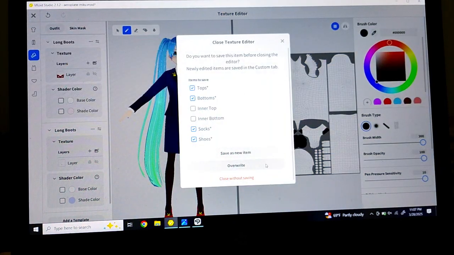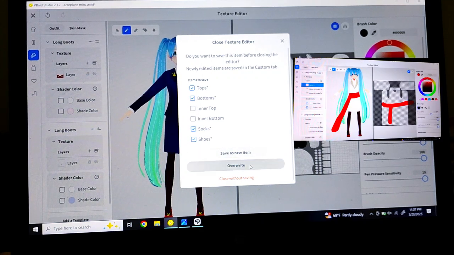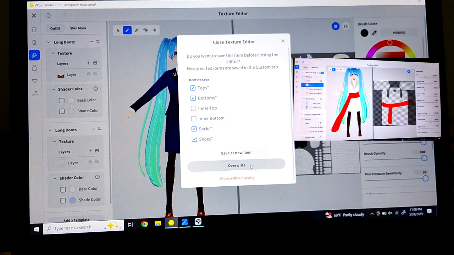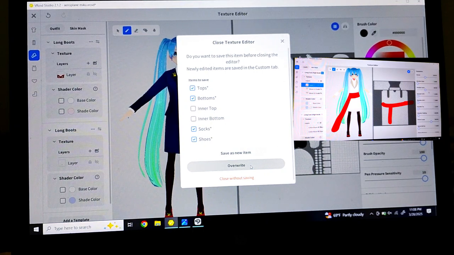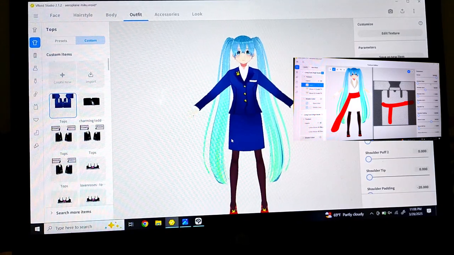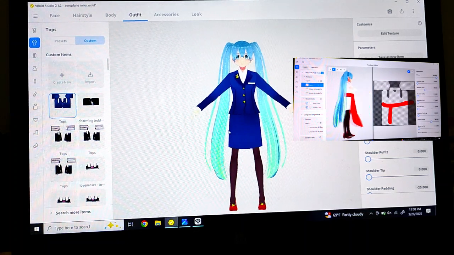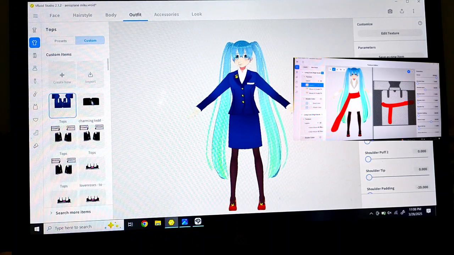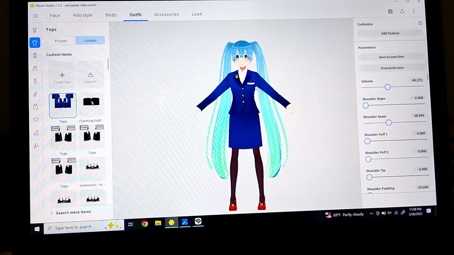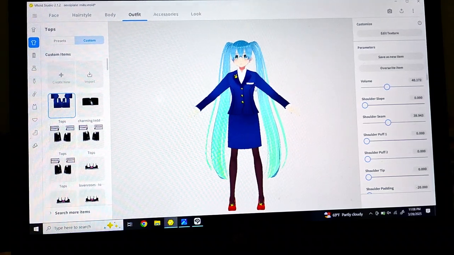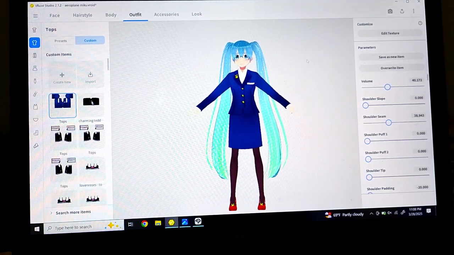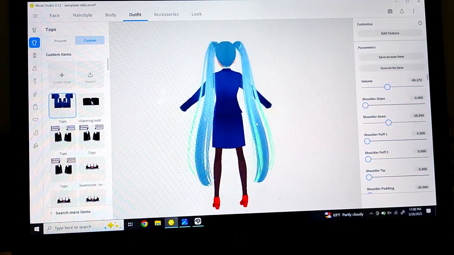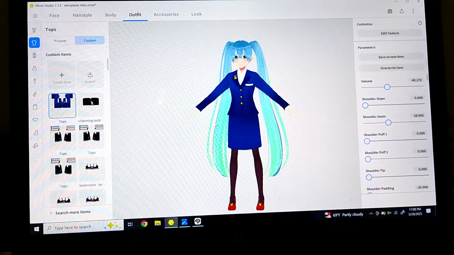And now I'm going to show you something important to do as well. This, I'm going to save it, overwrite it all since it was nothing important to me. Just wait a minute for it to do so. Okay, now once you've exited the texture editor for your clothes and you're satisfied with your clothes, which I am, I'm still gonna make her a neck tie here, but I'm gonna use some other methods like hair and things like that. But anywho, to test whether the clothes clip and you need a skin mask for certain parts,